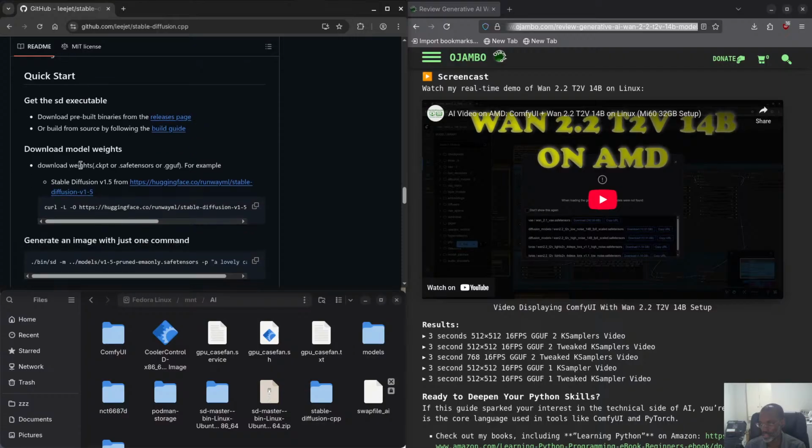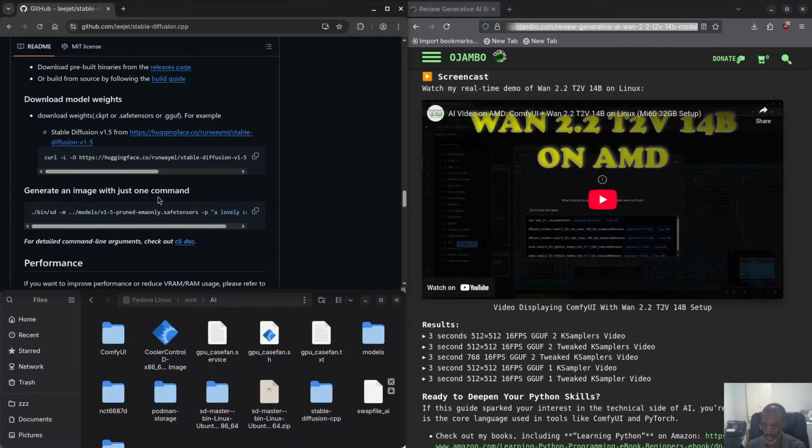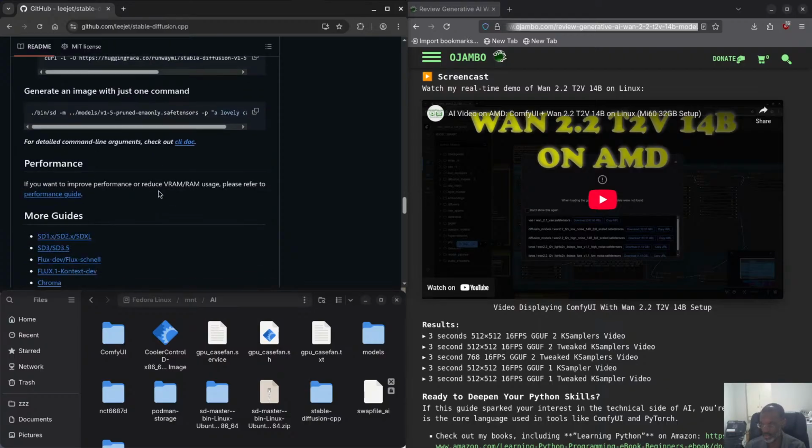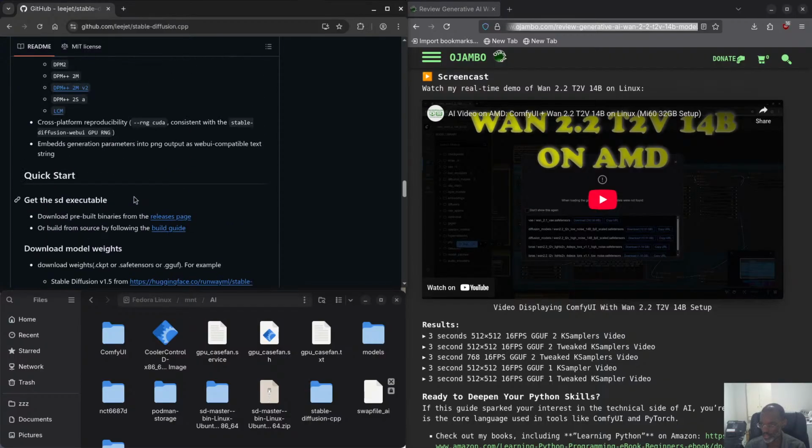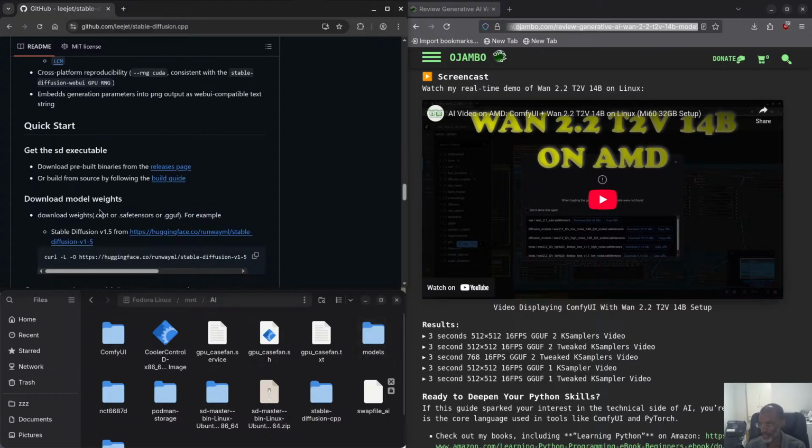And then there are also the pre-built binaries. You can download some weights, and you can, for example, generate an image from a command. I will show you that later. Because it still uses the ComfyUI model folder structure, that's why I still have the ComfyUI folder here. I haven't moved everything I need over to the models folder yet. Okay, so